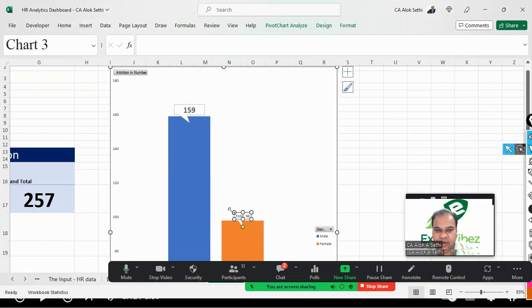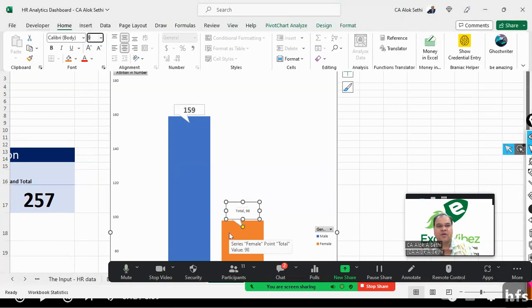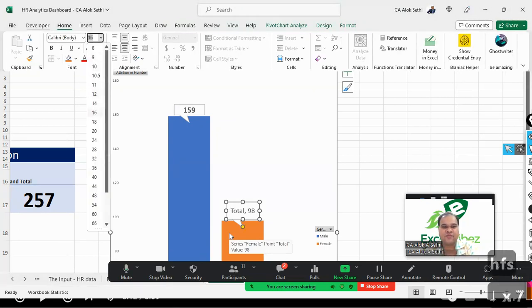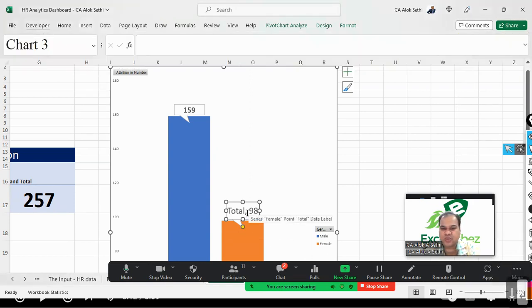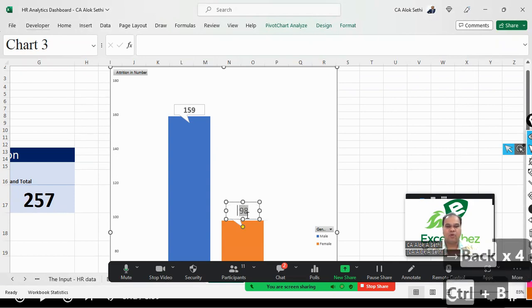manually by clicking on it, just increase, drag and increase, and then Alt HFS, font size पे आ जाएंगे आप, and you can increase the font size to whatever number you want, ठीक है। And Control B तो सबको पता ही है कि bold का शॉर्टकट की है, so you can just click inside and just remove this total and you can make it bold also, Control B के साथ। तो ये आपको डेटा लेबल्स नजर आ रहे हैं, ठीक है।